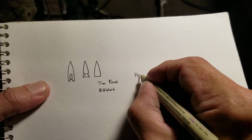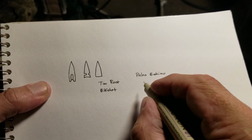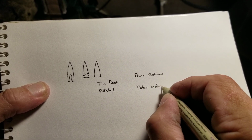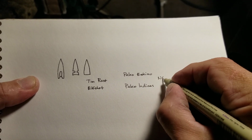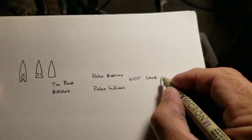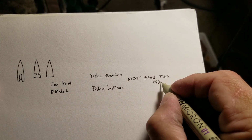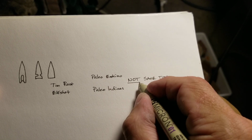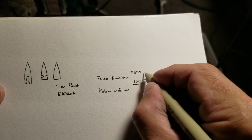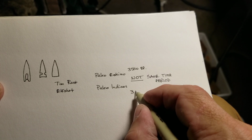There may be even some confusion because there's such a thing as a Paleo Eskimo. Okay, there are Paleo Indians. This is not the same time period. If you hear Paleo Eskimo and Paleo Indians, they're not the same. And these guys are like 3,500 BP maximum, and these guys are like